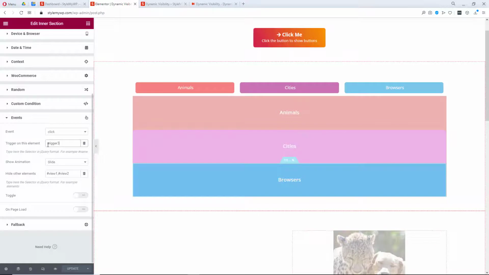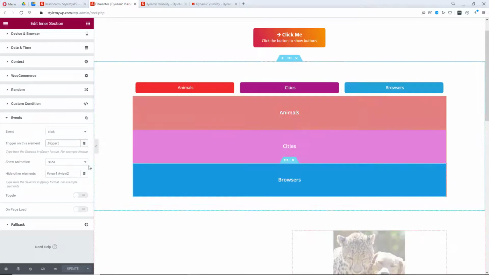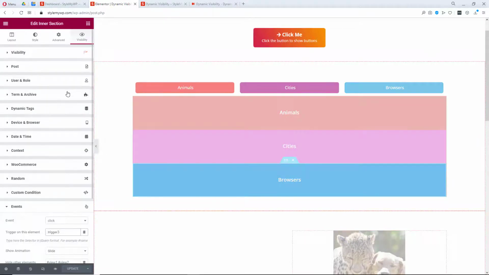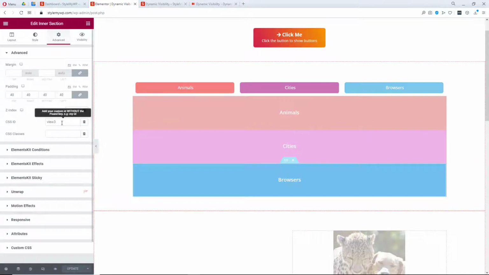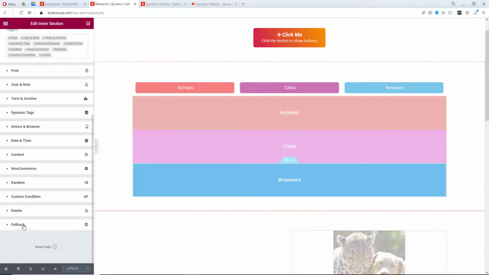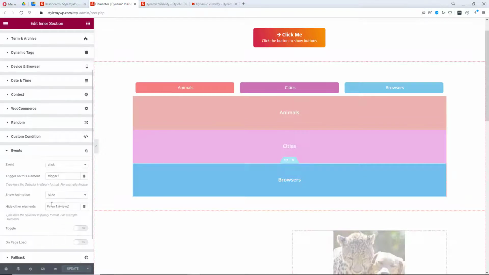Make sure you use this dot. If it is an ID, use hash. Here you can just mention without dot and hash, but in visibility make sure you keep it as it is. Like in the example here it is written hash name, so make sure you write hash trigger or dot trigger, whatever your name or selected name is.